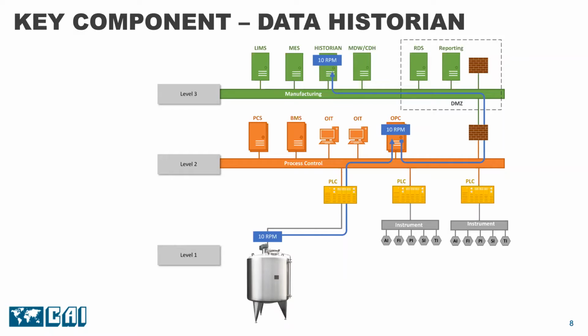If the historian's polling rate is 15 seconds, every 15 seconds the historian will retrieve the current process value from the OPC server and store it in its database. How useful is this? Since we are storing the vessel agitator speed consistently, we have objective evidence that during the mix phase of our manufacturing process, the agitator speed was maintained within the range determined in our process validation. And since it was captured automatically, it has more veracity than it would if it were recorded manually.